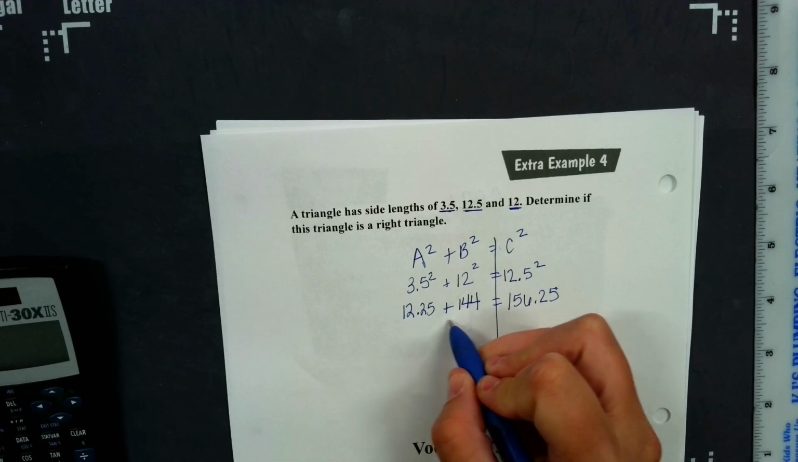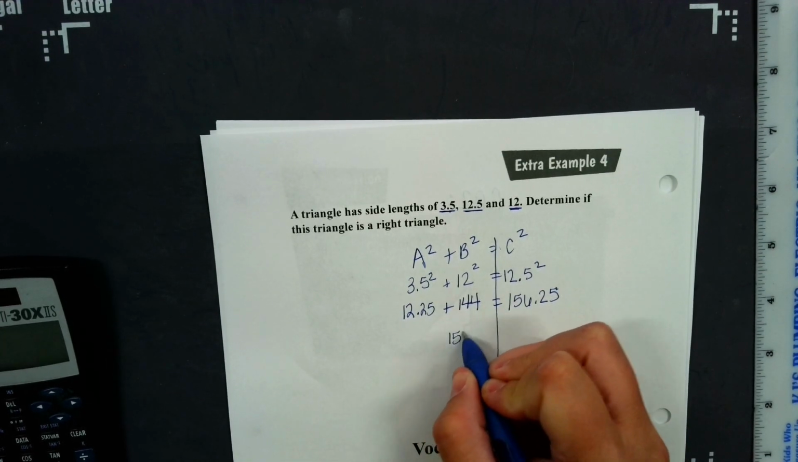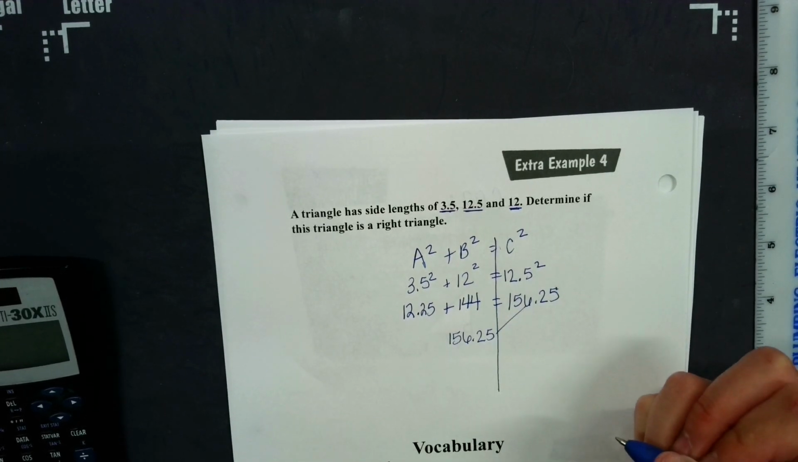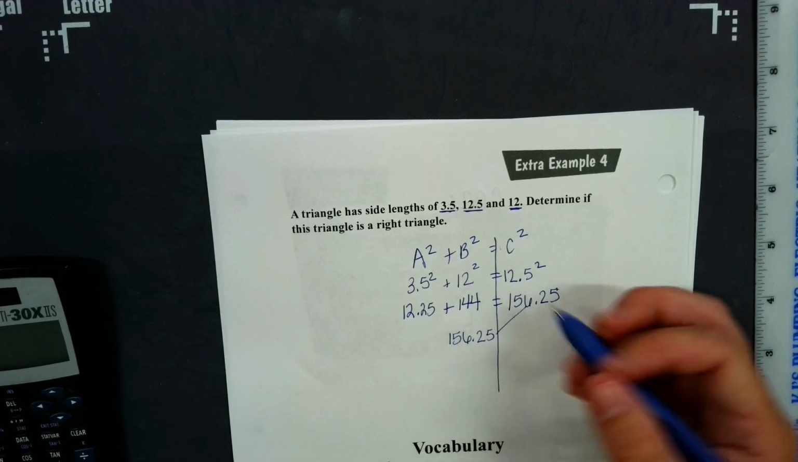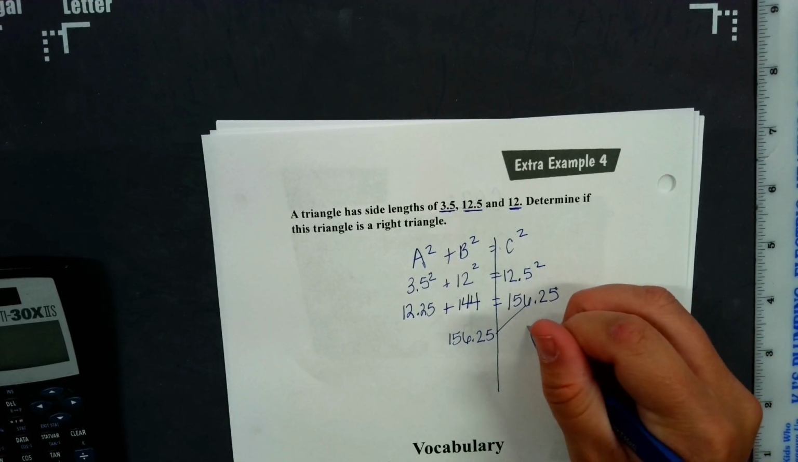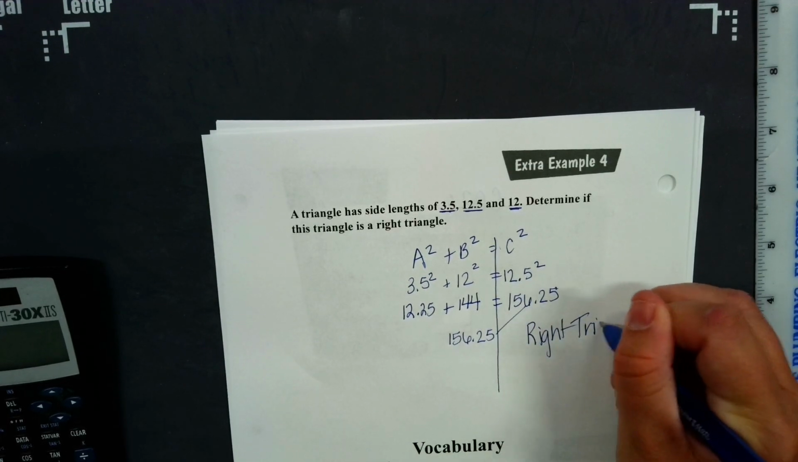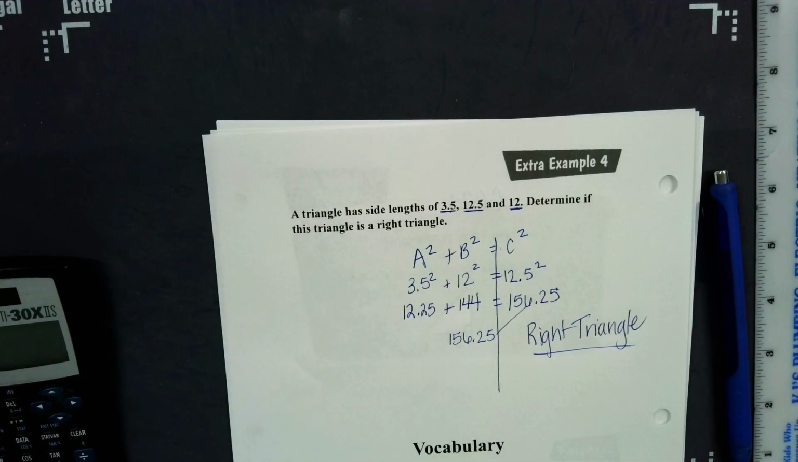156.25. So now I add these two together, right? And what do you get? 156.25. What do you notice? They're the same thing on both sides. So what can we say about these measures? It's a right triangle. We have done both CO1 and CO2. Okay? Tomorrow,